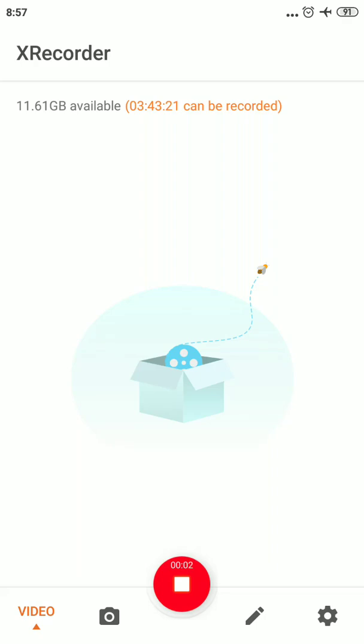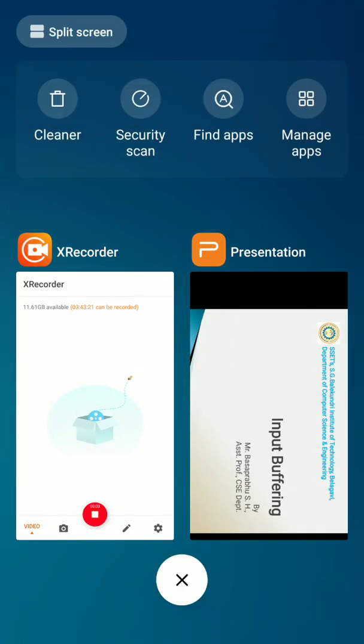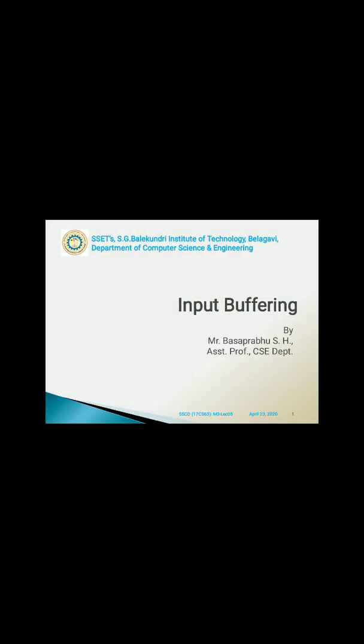Hello everyone. In the last session, we have seen how the lexical analyzer is going to work. That is, what are the tasks of a lexical analyzer? It reads the input and divides that input into a number of tokens. Along with this, it also eliminates the white spaces and removes the comment lines.